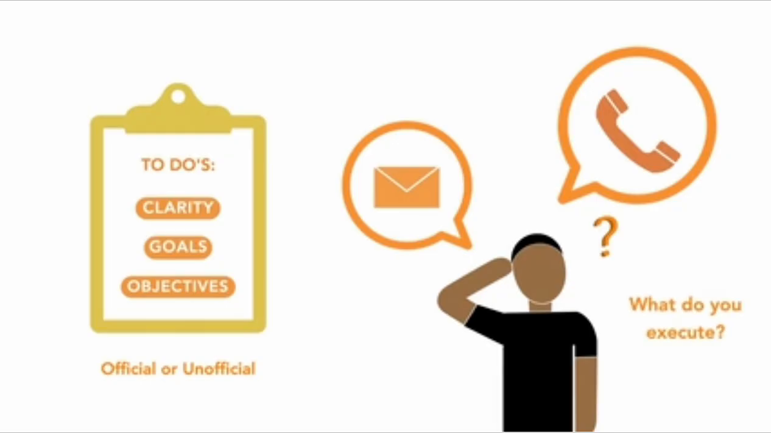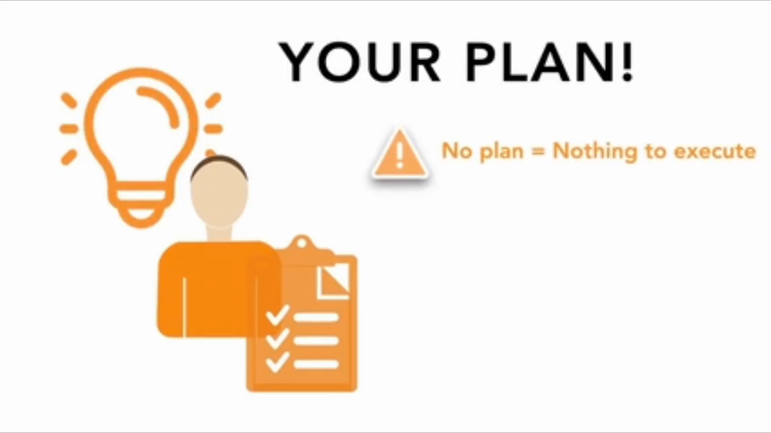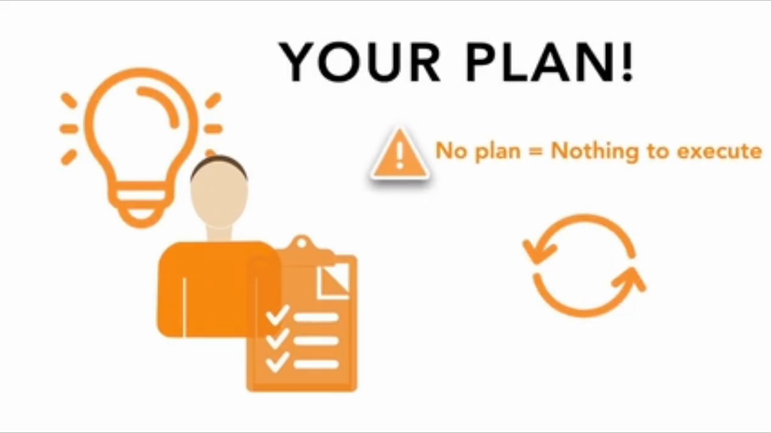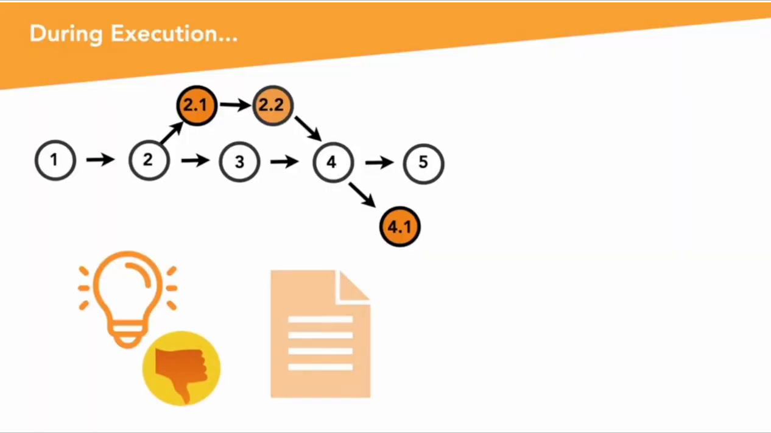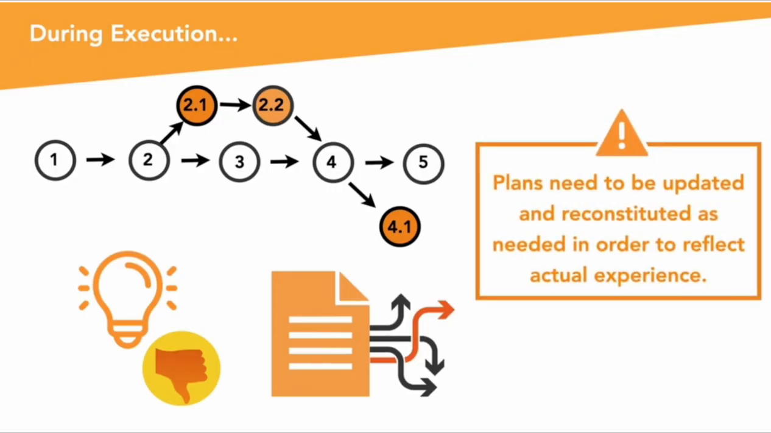And for this, what do you execute? Is a typical question that I get asked. You execute your plan. Without a plan, you have nothing to execute. And therefore, this is a recursive process that I want you to remember. During execution, there would be elements of the project that will reveal themselves as a result of either lack of planning or unexpected development and elaboration of the scope of the project. That means the plan has to be updated and needs to be reconstituted as needed in order to reflect our